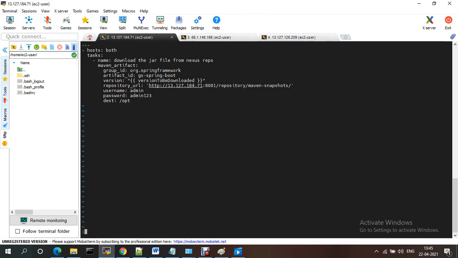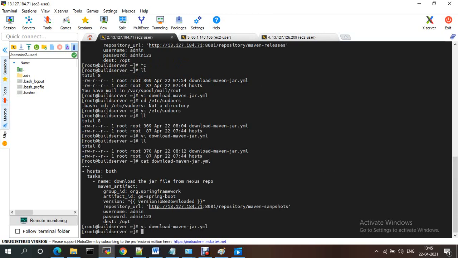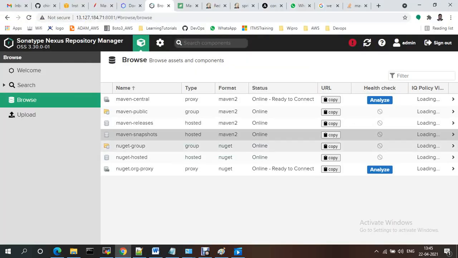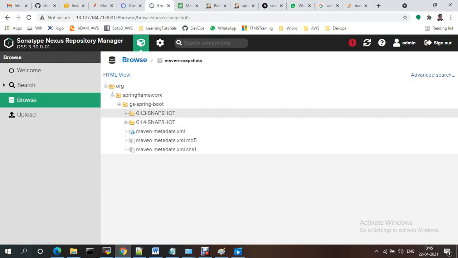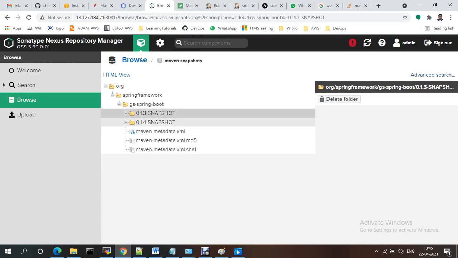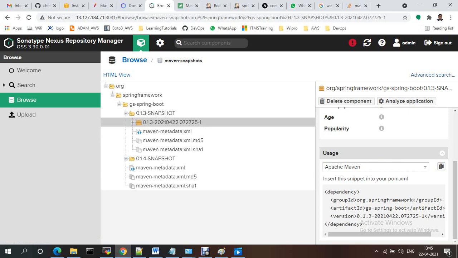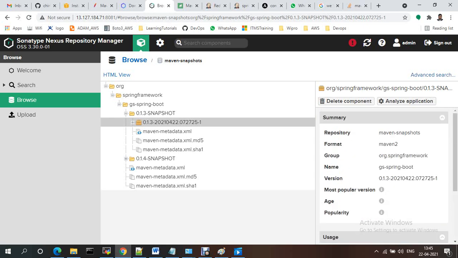Okay, I'm saving this file and let me check the versions. 0.1.3-SNAPSHOT.